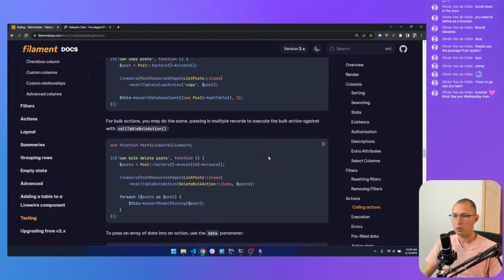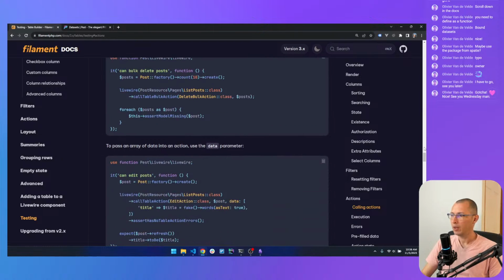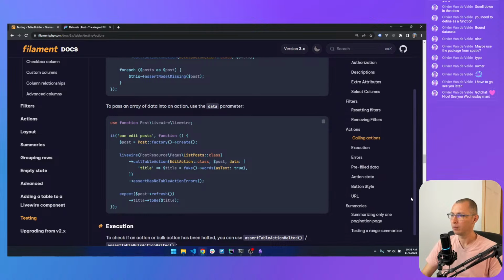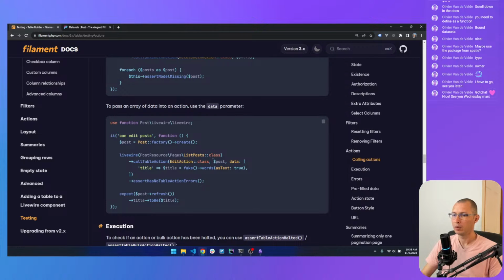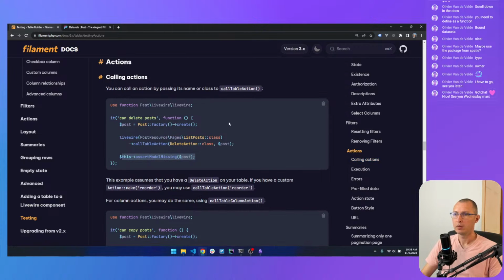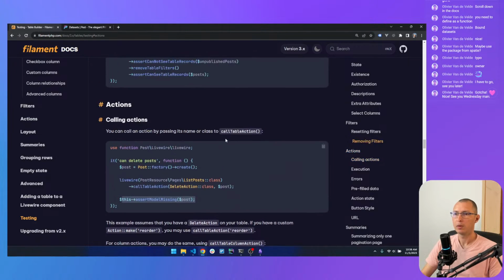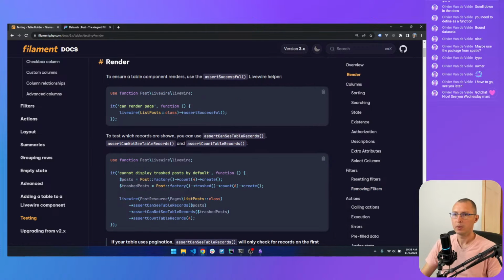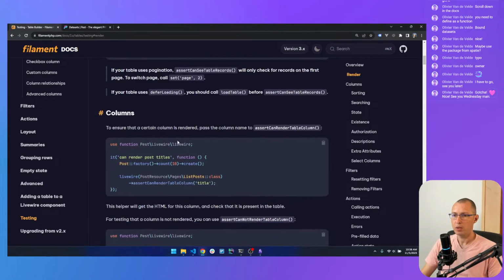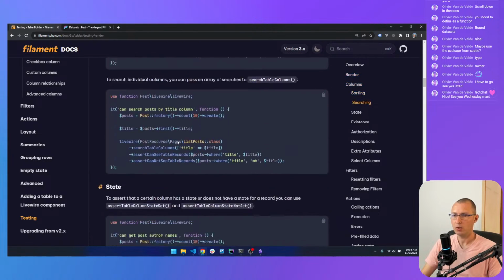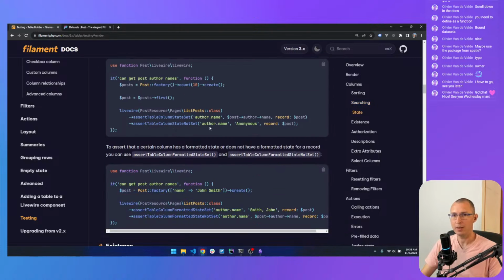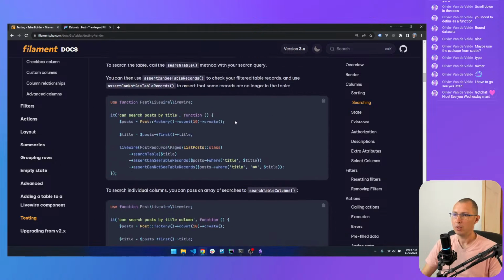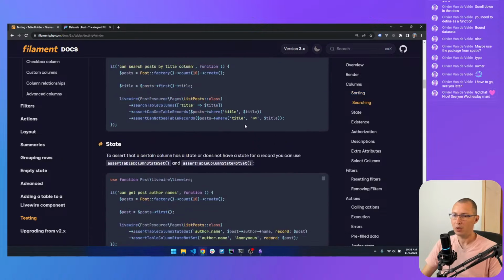There was also a test for making sure that the action is visible. Let's see. Render the pet, display trashed, columns, sorting, searching, state. These are all things that you can test, by the way. In the documentation, you have examples for testing that you can search by a specific column.